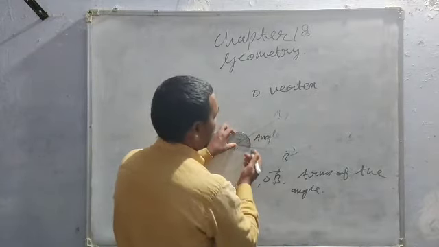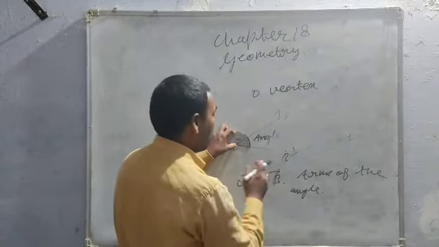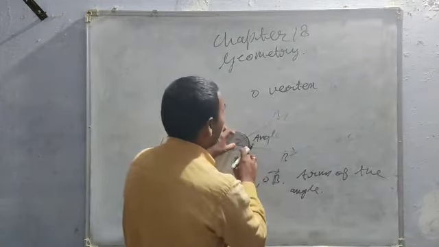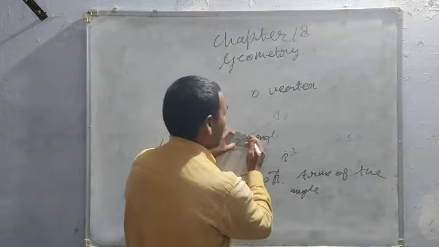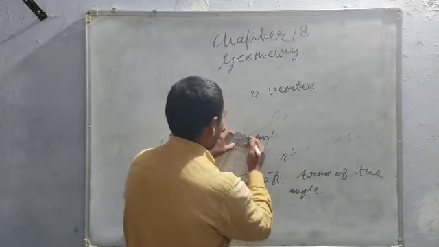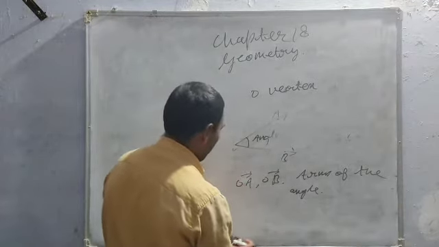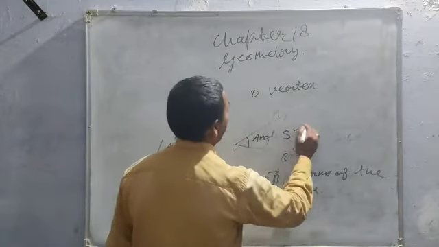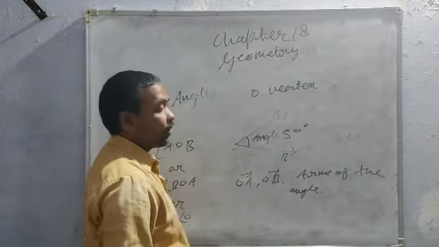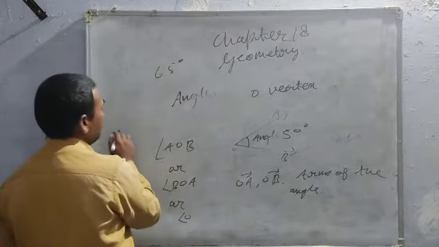And see, two scales are given, outer scale and inner scale. You start measuring from 0, so first see where 0 is given, inner side or outer side. So start from 0 and go till this line. So here 0, 10, 20, 30, 40, 50. Here the mark 50 is given. That is, the measurement of this given angle is 50 degrees. And similarly, you can draw an angle of a given measurement. Suppose you want to draw a 65 degree angle. So first draw a line.